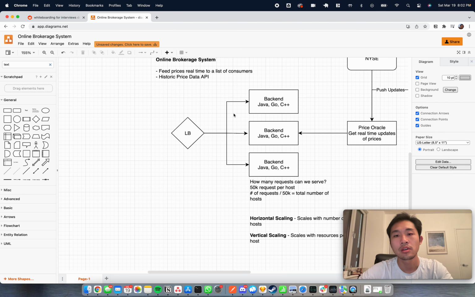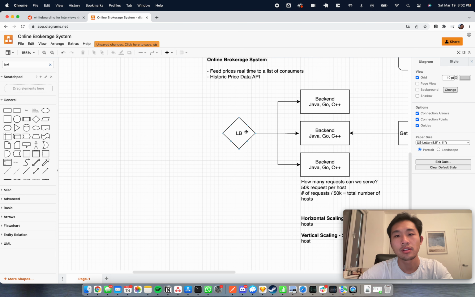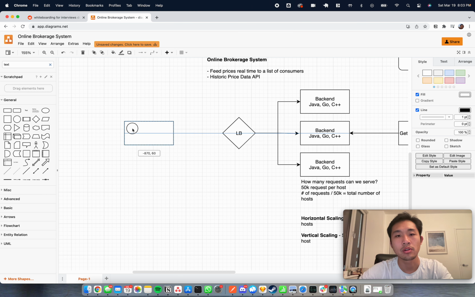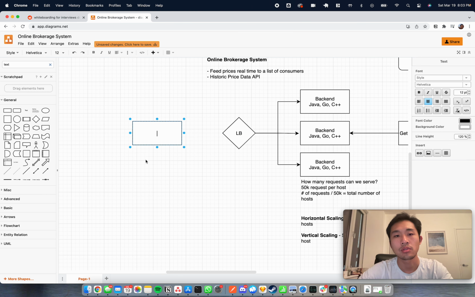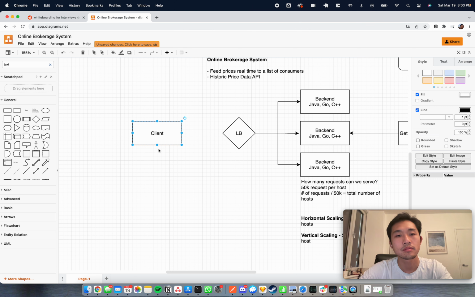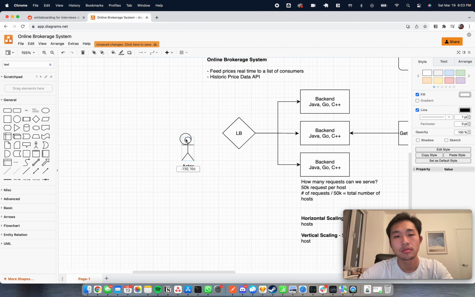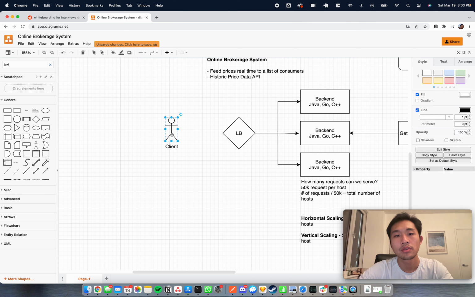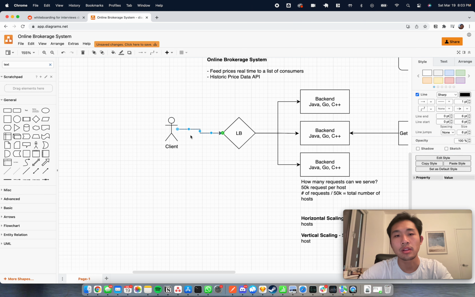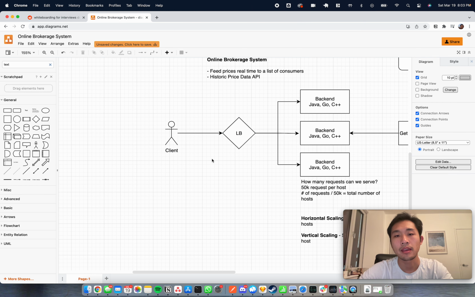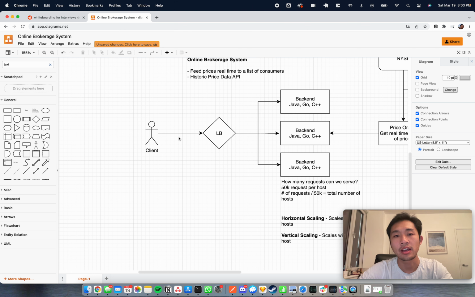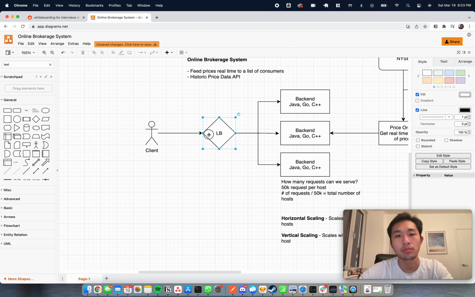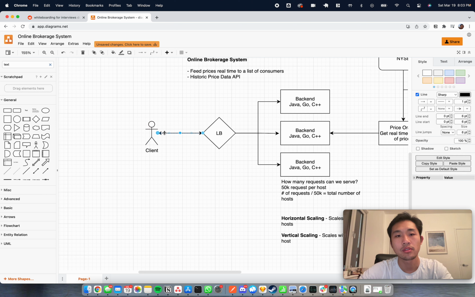This load balancer will take a request and send it along to our backend, and it will be able to connect to a client. Let's make it a person. The client hooks up to the load balancer, and once the client is synced, the load balancer will push updates to the client